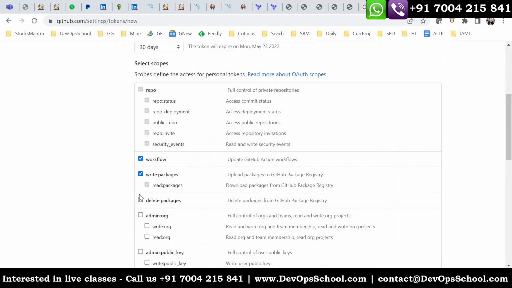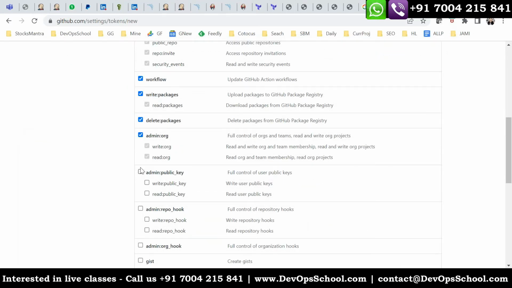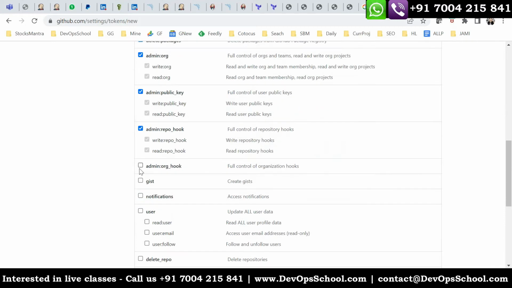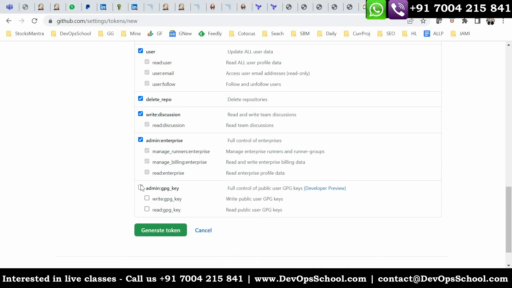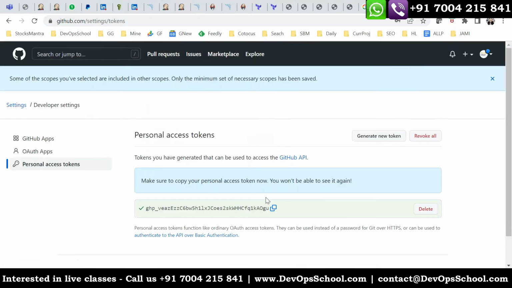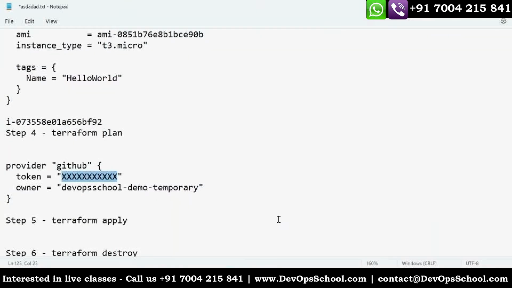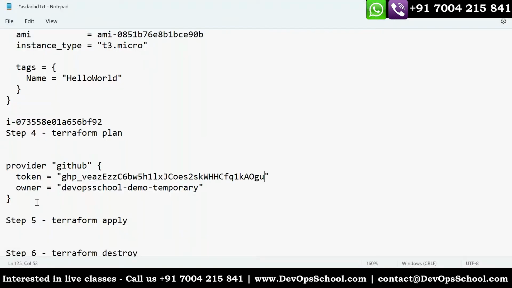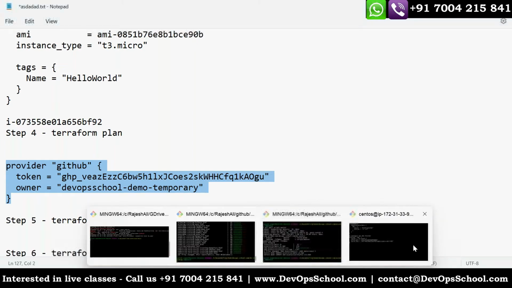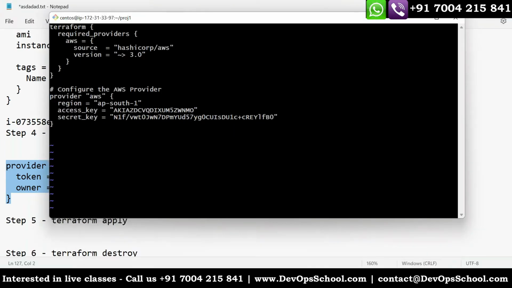I'm giving all access. Right now it's not recommended, but I don't bother about best practices rather than getting the token quickly. And done. This is the access token. So GitHub permissions, you got it here. This is another provider I'm adding. Like that, you can add as many providers as you want.